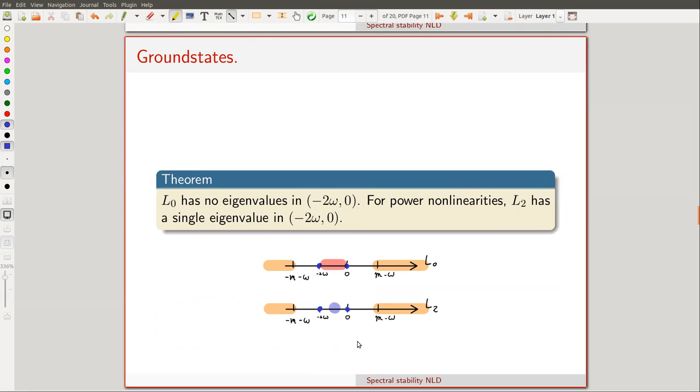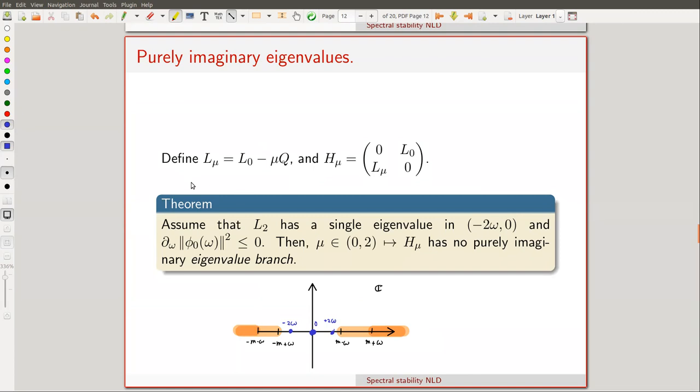So this is a first result, and it says in some sense that phi 0, if you look at the spectra of these block operators, behaves very similar to a ground state. So that's a good thing. The next result concerns this Vakitov-Kolokov condition on this derivative. One thing is to show that it exists. We do that. And then